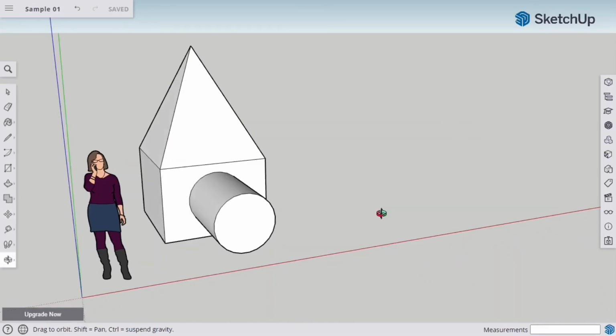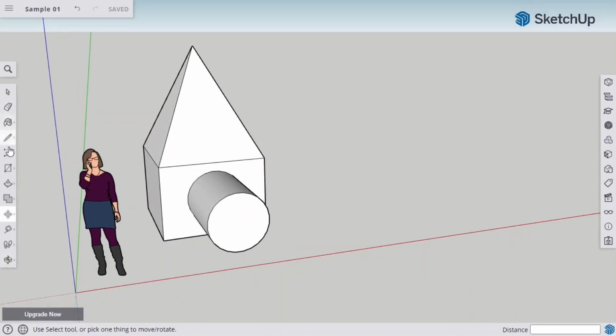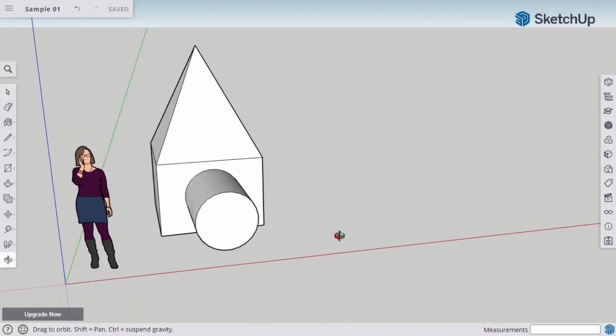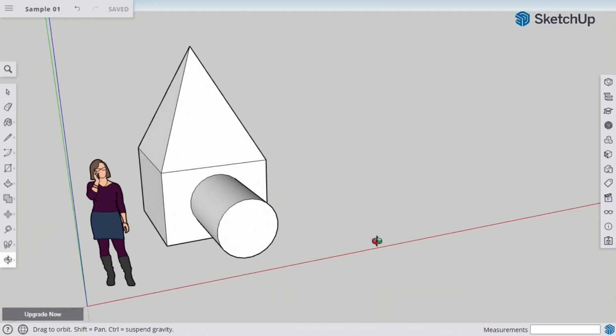Today you will learn how to use eraser, paint, select material, line and freehand tool in SketchUp. In my earlier video, you saw different ways with which you can select elements. If you haven't, then I have provided the link of the same in the description box below and the I button above.